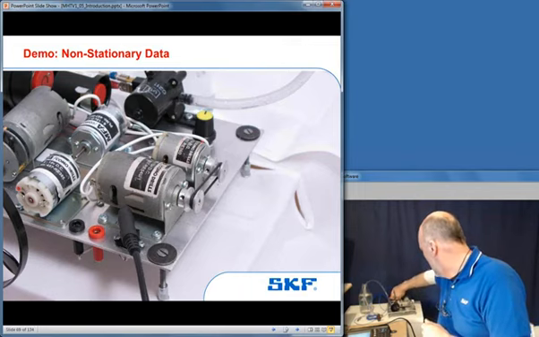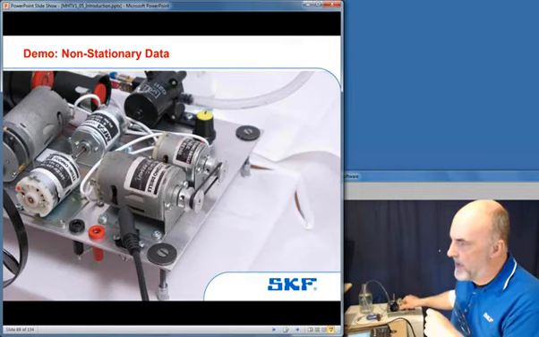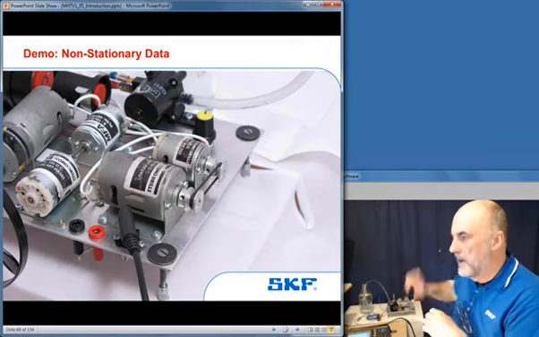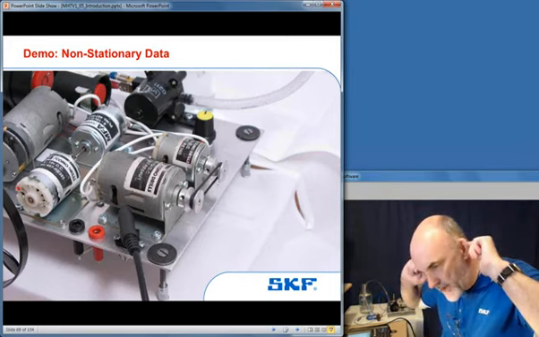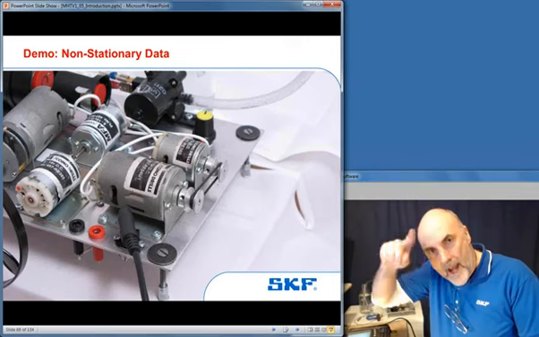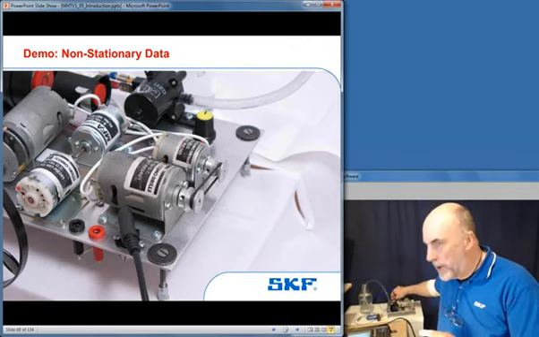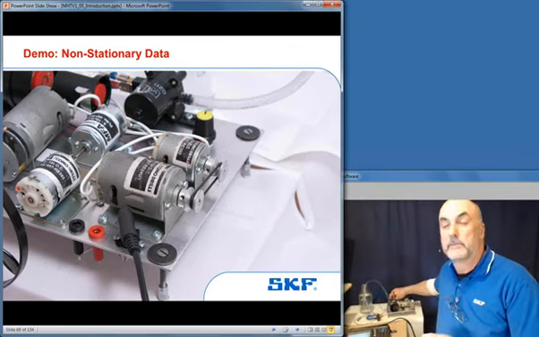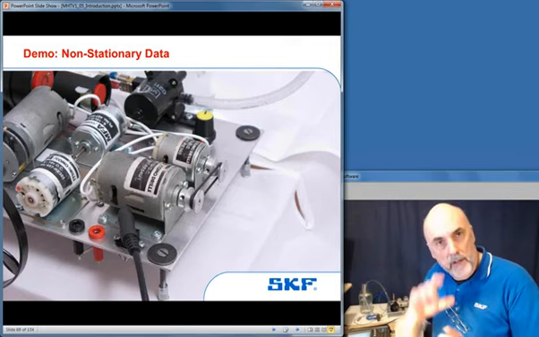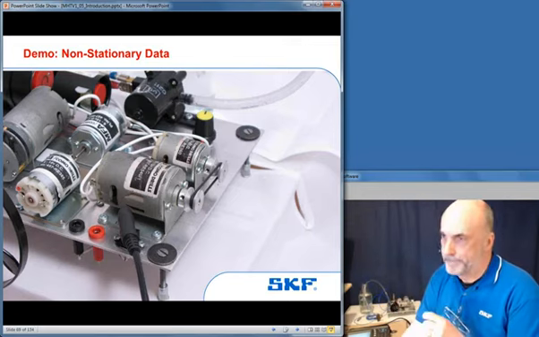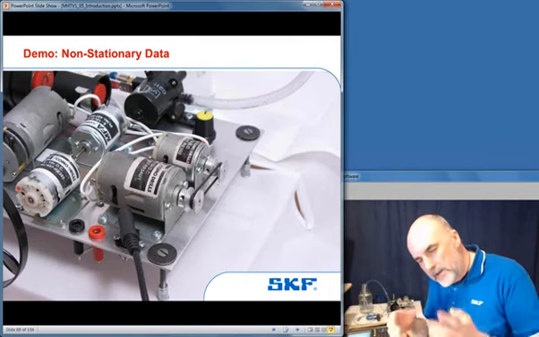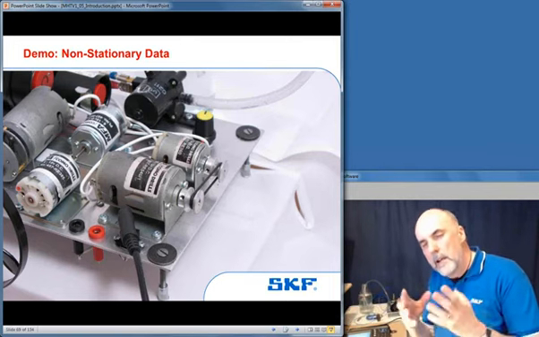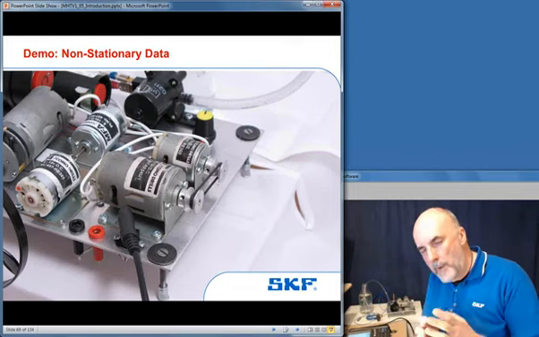There we go. So if I slow the machine down, you can hear the signals modulating, and that's audible evidence that the signal's varying, and that's your cue that you might want to dial in some averages. It depends on how long that modulation occurs over. Some machines you can hear the levels going up and down over a long period of time.